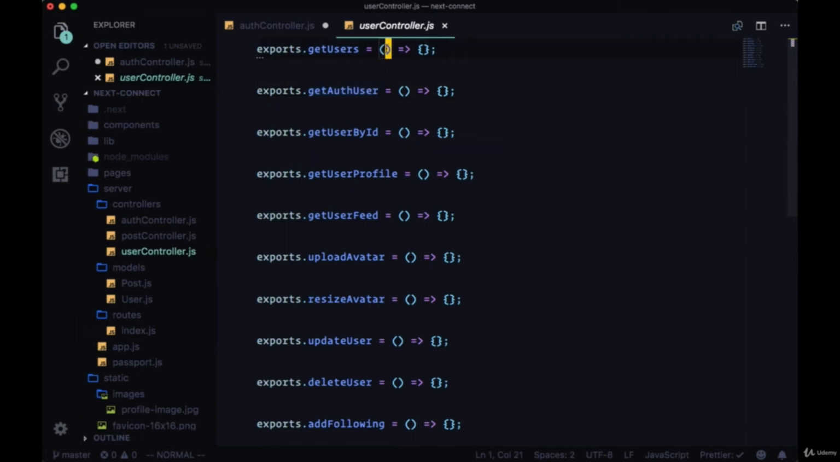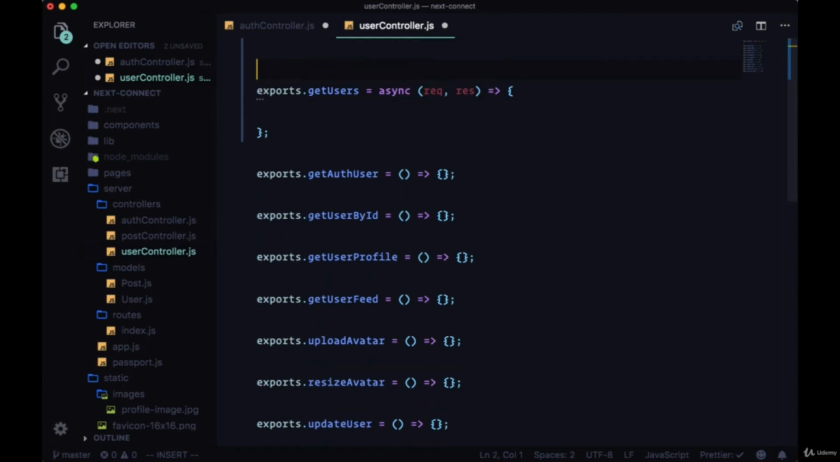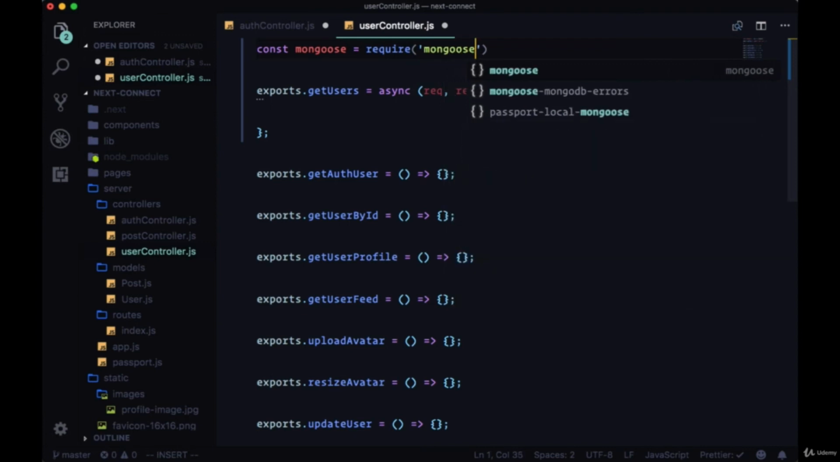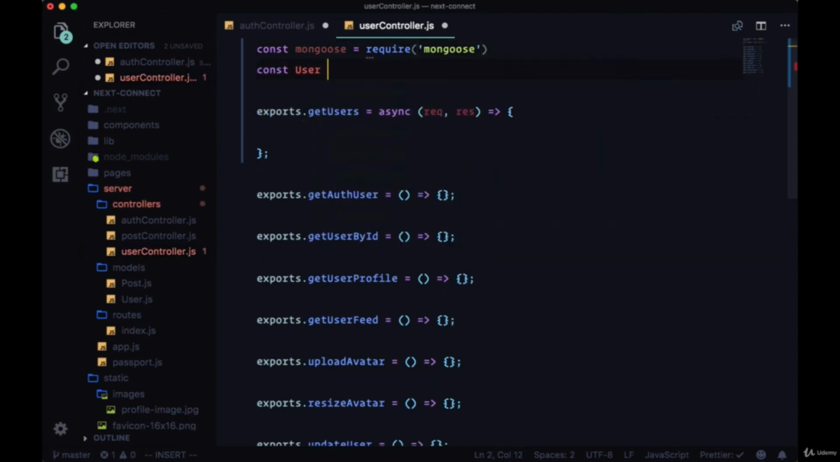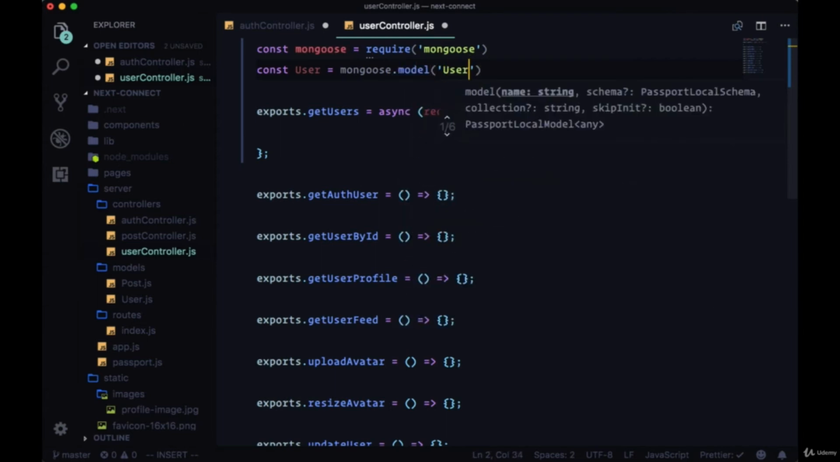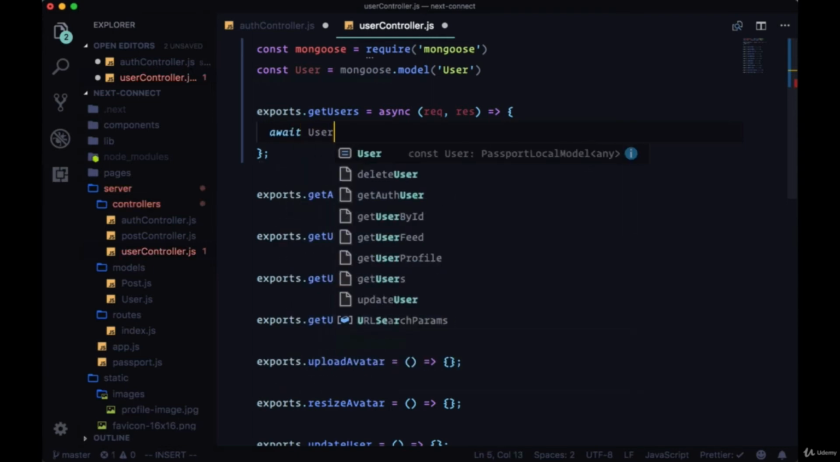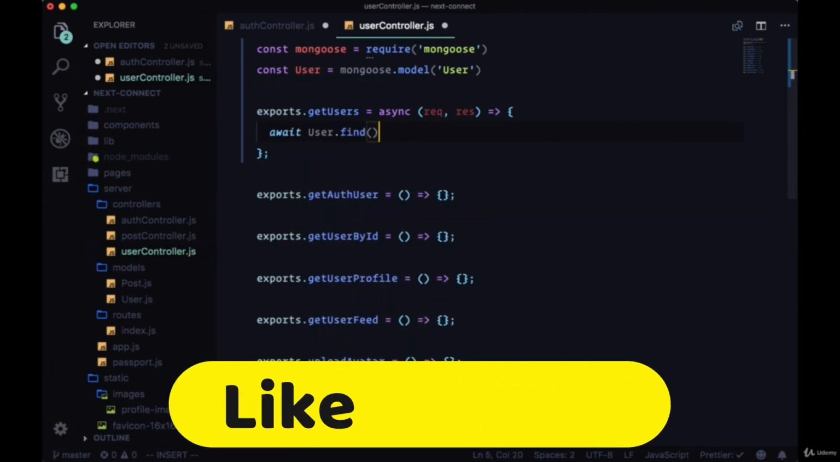So for getUsers, we'll just have a request and response. This will be an async function. And here within this controller, we're going to be working with the user model. So up at the top, we'll make sure to import, first of all, Mongoose, and then use the mongoose.model singleton and reference the user model. So we can say, in order to get a list of all the users, await user.find, and find usually takes